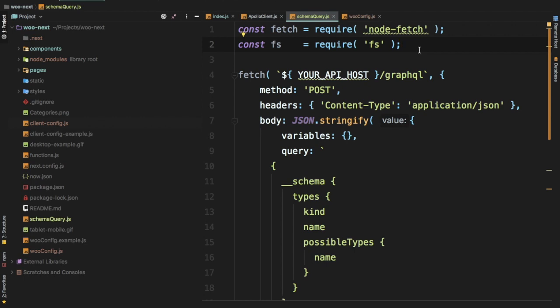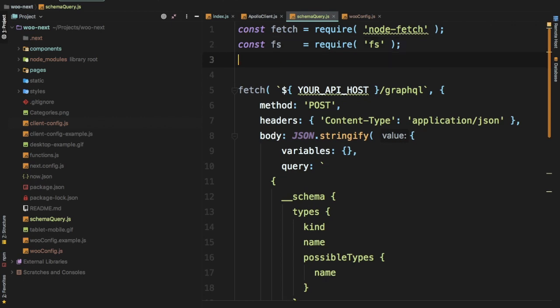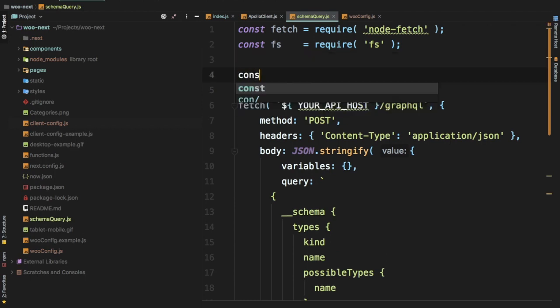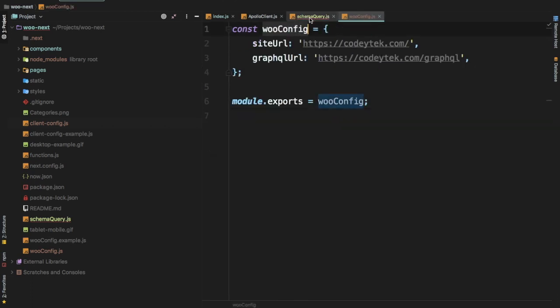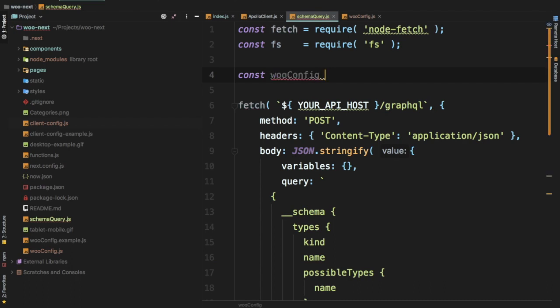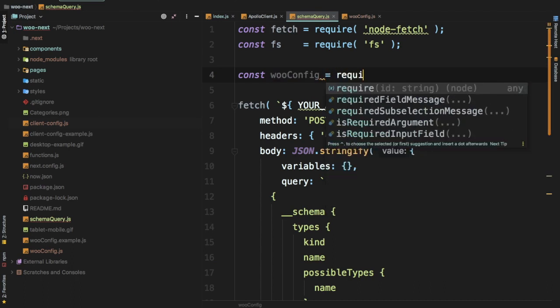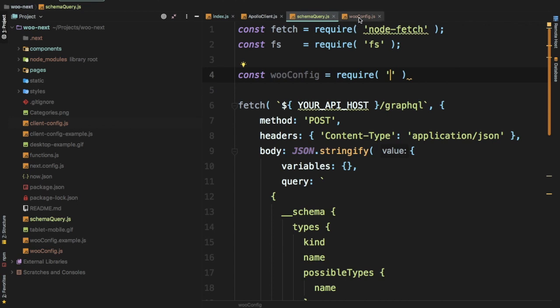Let's just stick to it and keep it simple for now and focus on the main thing, to fix that issue. Okay, brilliant. So what I'm going to do is just say const, and then I'm going to require the wooconfig, and let's say require, and then I'm going to just